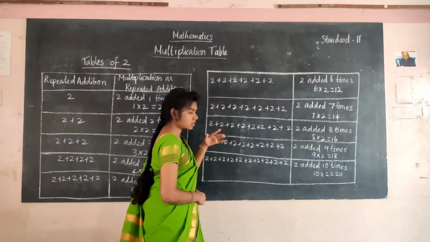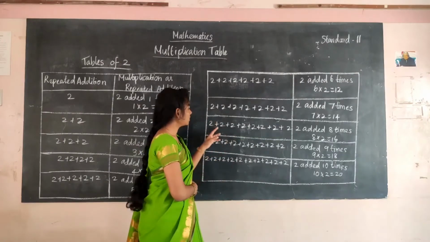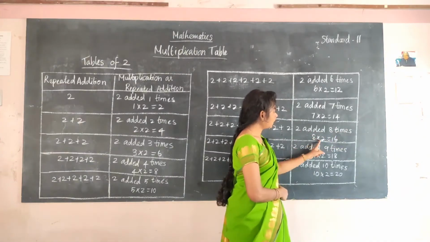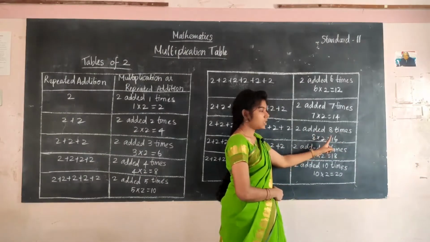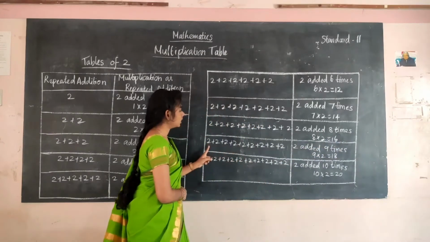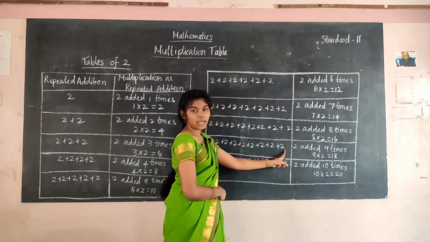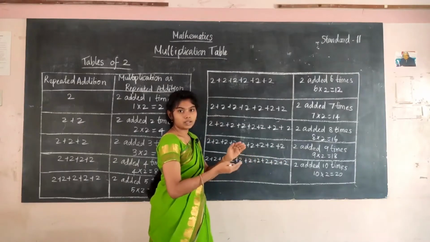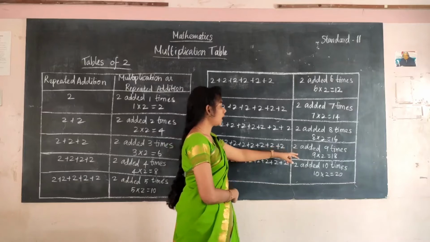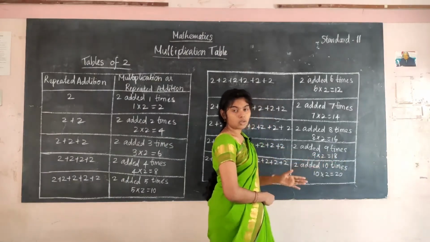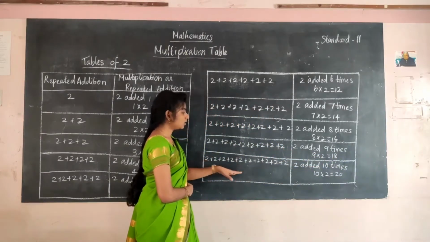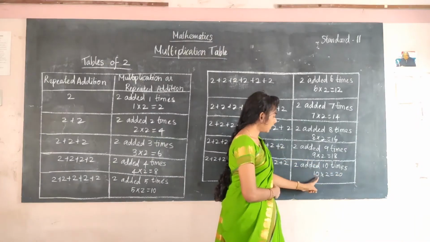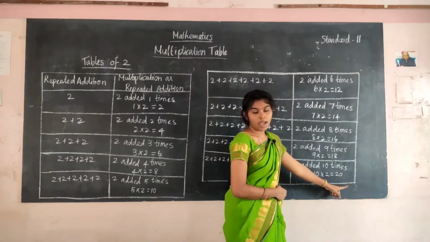And again see, she is counting the boxes by 2s only. This is 8 times. 2 is in 8 times. So 2 added 8 times. 8 times 2 is 16. 8 into 2 is 16. And see the next one. Here the number is 9. 9 times 2 is here. She counted the boxes. See how she counted? She is arranging the 2 boxes 9 times. So she found the answer 18. By counting 2s only she is finding the answer. And here the 2s are 10. So here ten 2s are 20. That is 10 times 2 is equal to 20.